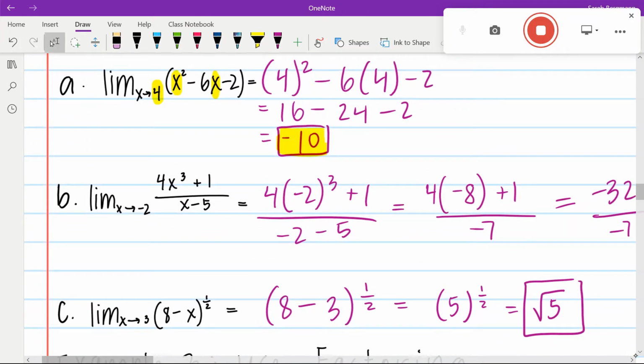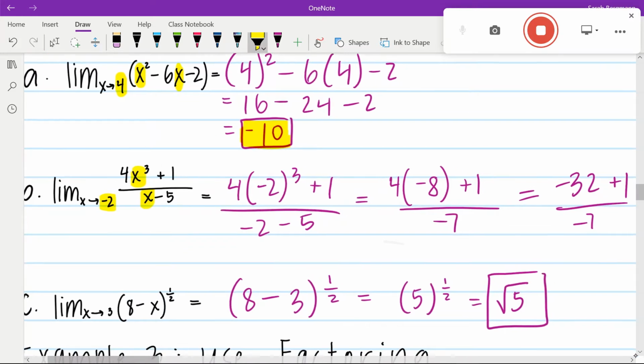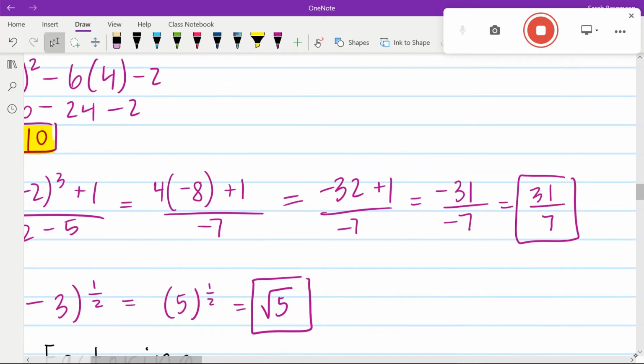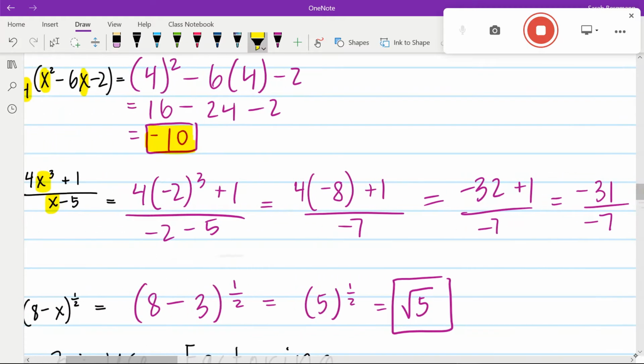For the next one, this is a rational function. And my c value is negative 2. So what I can do is plug in negative 2 for every value of x. When I do that, I simplify, and I get 31 over 7. Remember, you could always check these on your graphing calculator too, and it should look like the graph is approaching